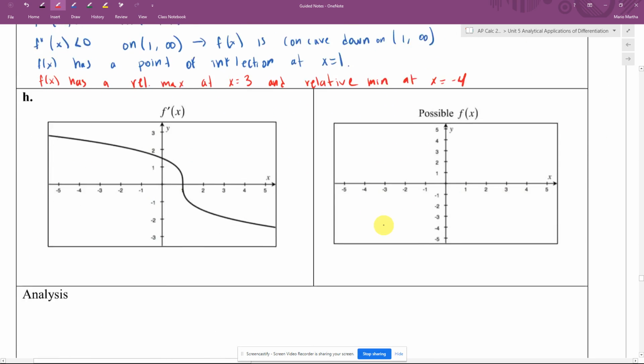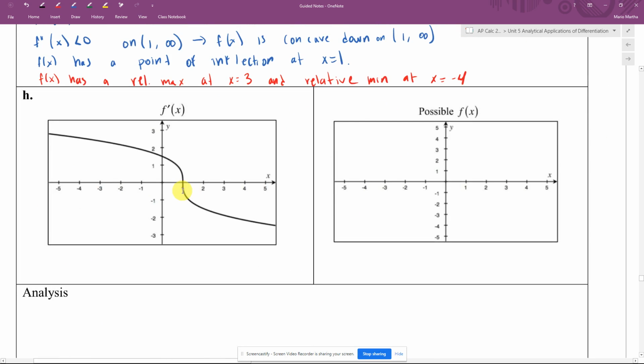Now looking at example H here, we have f prime of x is equal to this function, as always. So again, starting with our analysis, we're going to look at where it is positive and where it is negative. So we're going to say that f prime of x is greater than 0. We're going to start off with a positive up pretty much until it reaches 1,